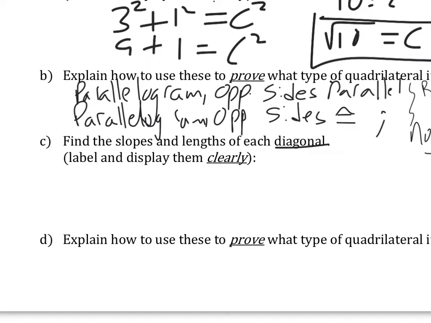We have DB was m equals 2 over 2, which was 1. And for the other one, AC gave us a slope of negative 4 over 4, which is negative 1. Now, what that shows us is that those are negative reciprocals, even though they're not fractions. You can think of them as 1 over 1 and negative 1 over 1. That's interesting. And so these are perpendicular